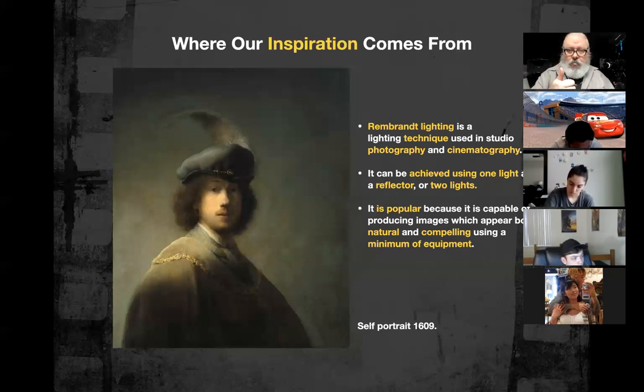Cosmetic ads, for instance, and many fashion ads, where the idea is either to see a blouse or a product that the model is wearing, or to actually see the makeup applied, say, eyeshadow for the eyelids, or mascara for the lashes, or rouge for the cheeks, or base for the face. The lighting needs to be flat, because in that context what we're trying to see is the application